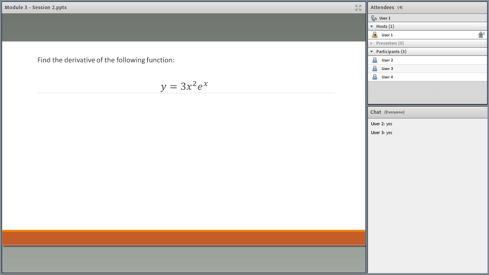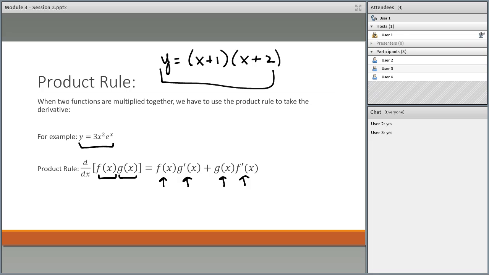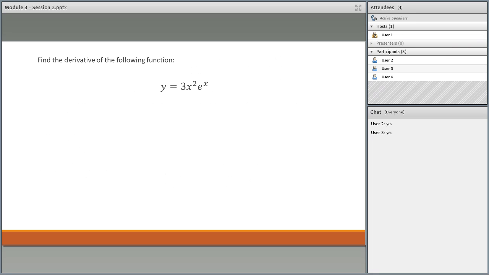So let's do y equals 3x squared e to the x. So I have two functions multiplied together, and there's no way that I can simplify them. And even if I could simplify, I still could use the product rule. So on that last question, I can still use the product rule on that one, or I could distribute and use the power rule. So one way to keep everything organized with the product rule, and you don't have to do this, this is just a method that sometimes helps, is